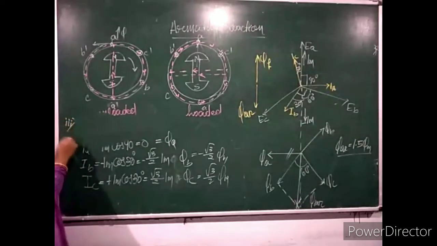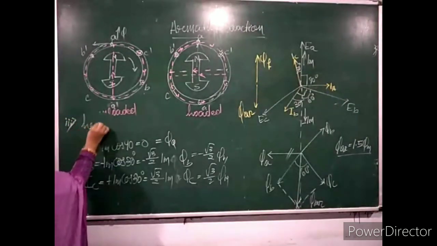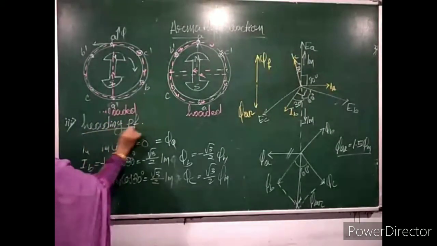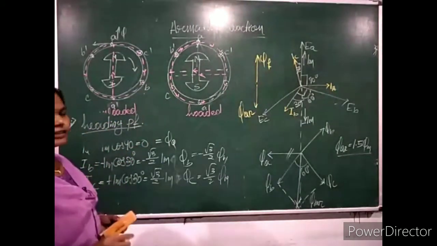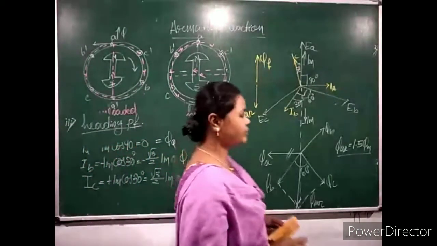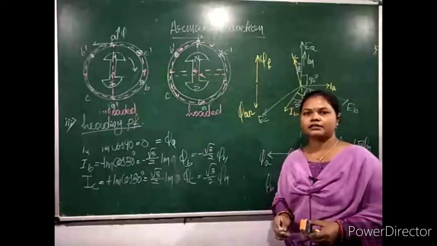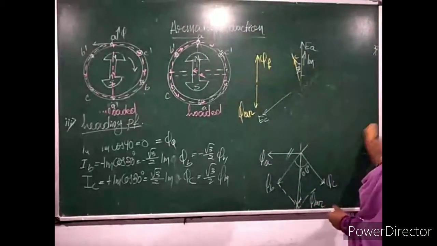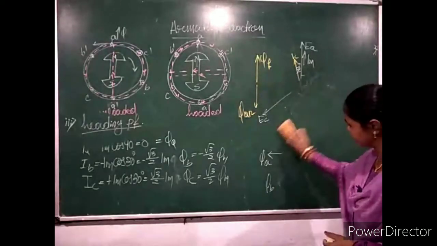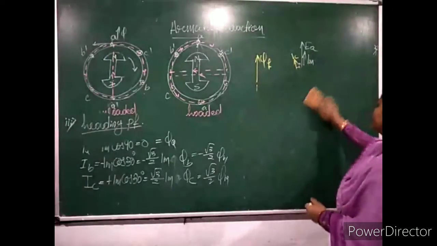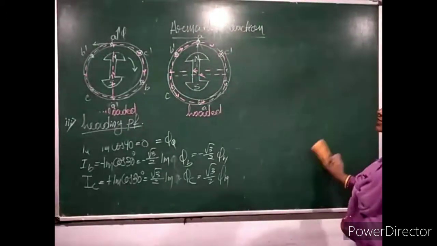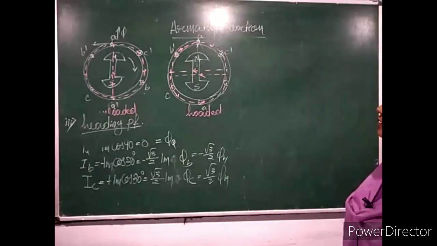Next we see its impact on leading power factor. The third one, its impact on leading power factor. Here also, students, we will take the same example, a salient pole 3-phase alternator having 2 poles. We will take the same type of example, and through the same phasor diagram we will get the conclusion on what is the impact of armature flux on the main flux.